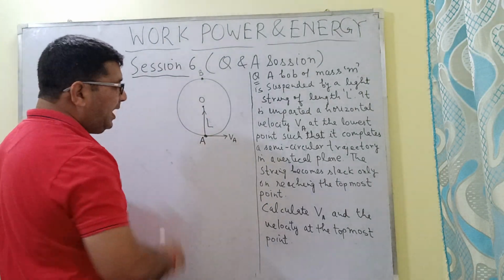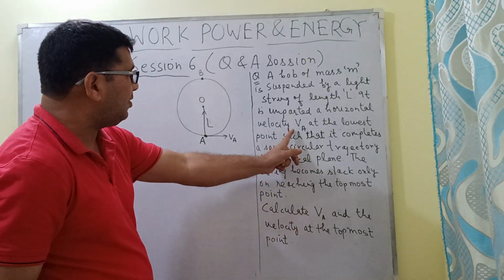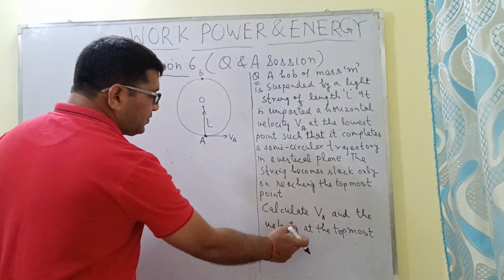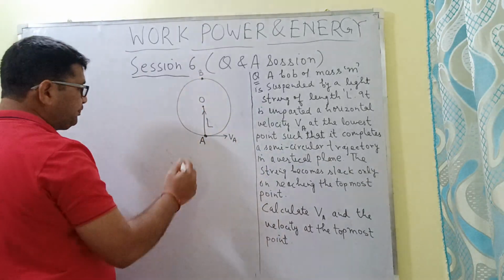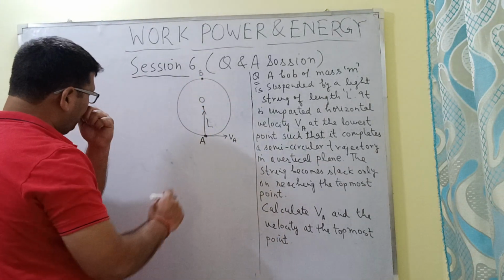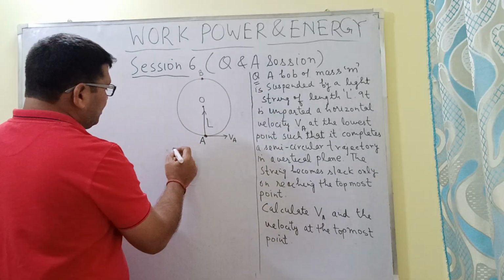So we have to find the magnitude of the horizontal velocity, that is vA, and the velocity at the topmost point, that is at the point B. So this figure was also given along with this question. So in this